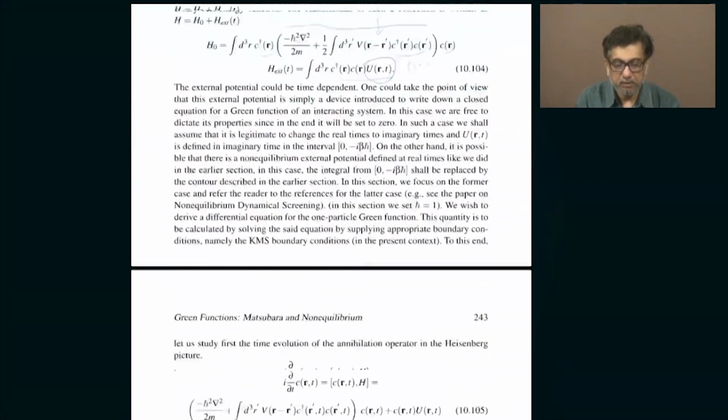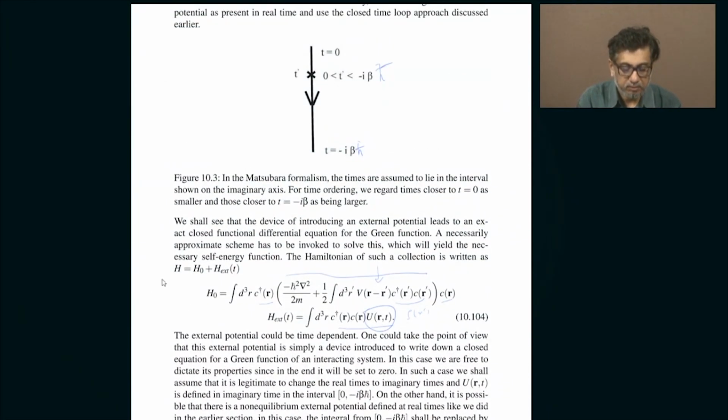Now this is my complete Hamiltonian, which involves both the external field as well as the kinetic energy of the particles and the mutual